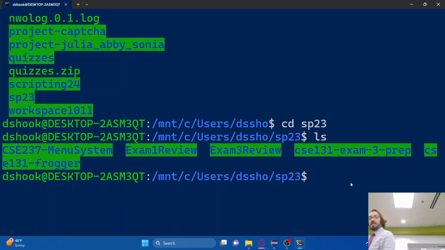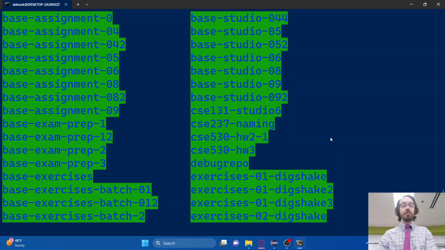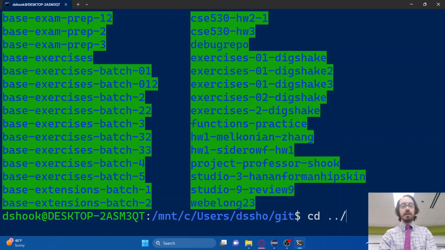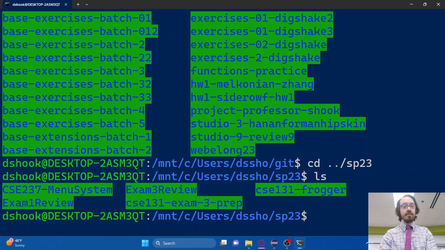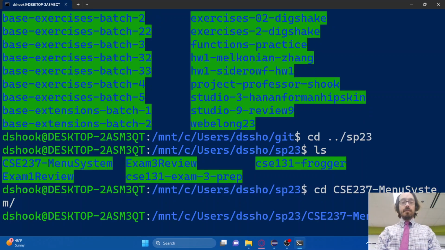The exception to that is if the Eclipse project that you created is from a Git repository, those go in a separate folder called Git. So here's all the ones that are from Git repositories. But back to the task at hand. If we take a look at the project that was just created today,